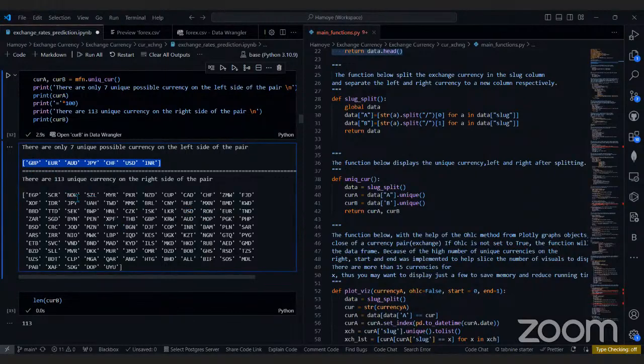So one Egyptian pound is five Indian rupees, one euro is 10 of this, one of this. These are base currencies, and they're just meant to be on the left hand side, right? But if you want to exchange it, you're doing a whole different conversion, and you need to handle that differently. You don't want to end up with a mixture where the base currency is now on the right hand side.